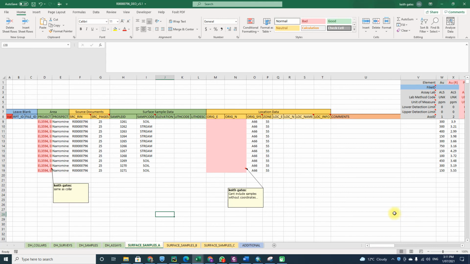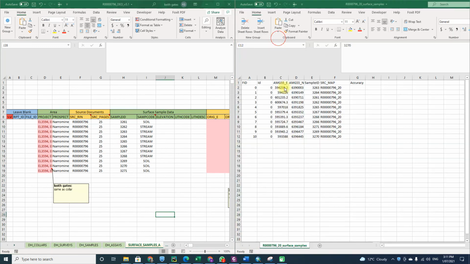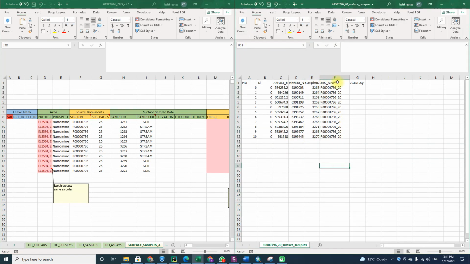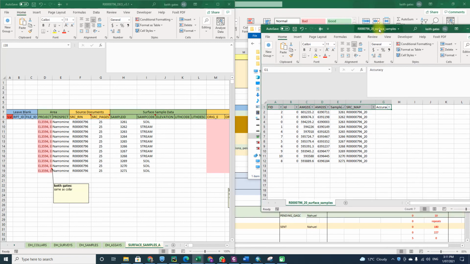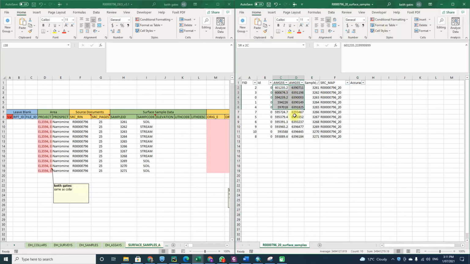So we've got our DEO object open, and we've got our 796 samples open. So these are in numerical order. So we'll just filter that and sort them in smallest to largest, and the numbers moved. And then we've got the coordinates,